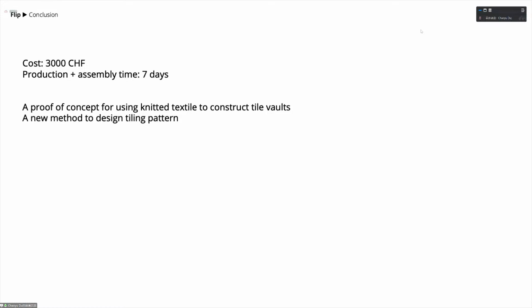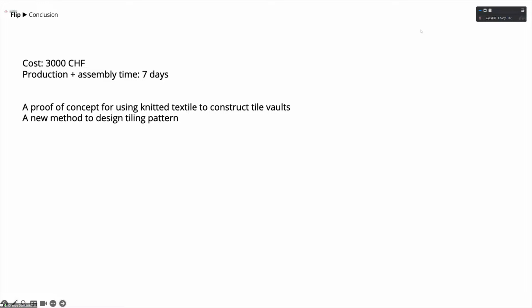In conclusion, the flip realized a 3-meter span tile vault using knitted fabric as a formwork with an extremely low budget and tight timeline. And the knit is left in the structure as reinforcement, and it successfully resists the 180 degrees of flipping, which, when we compare it to an earthquake, is an extreme situation. And the process is proven to be not only economic, but also time efficient with little requirement of skilled laborers, because all the students involved had almost zero